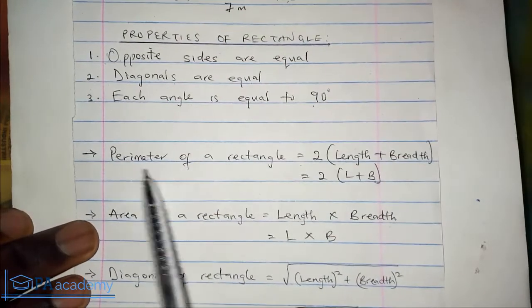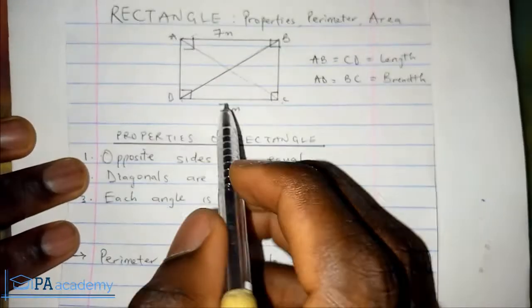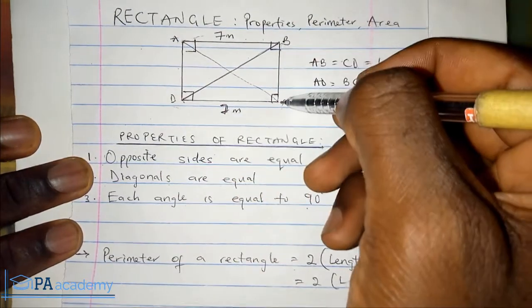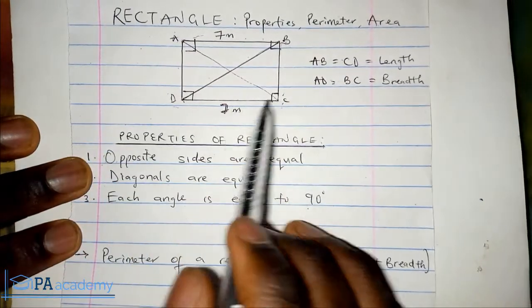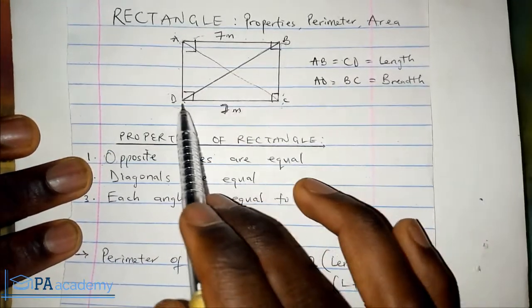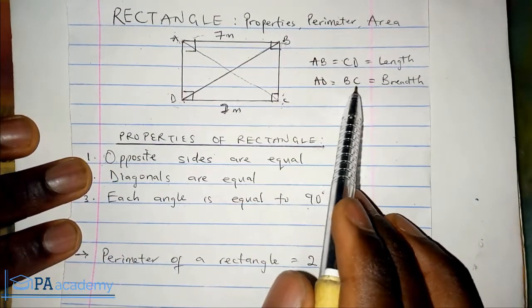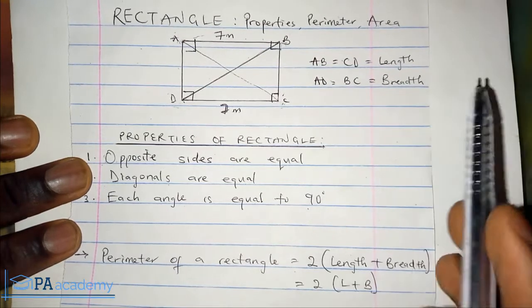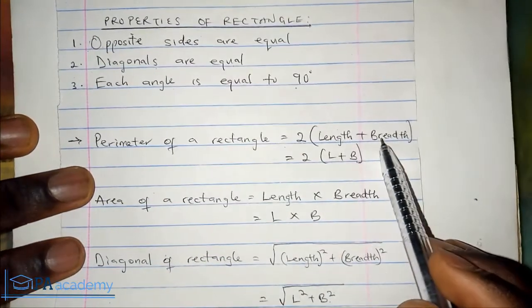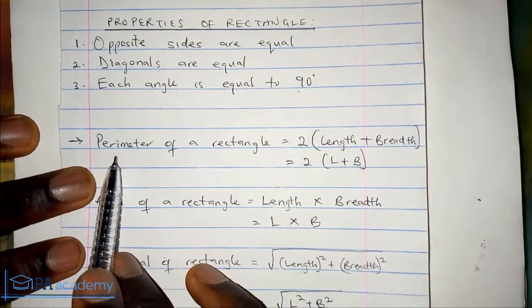So in order to get the perimeter of a rectangle, we are going to say 2 into bracket the length plus the breadth. So if the question should give you, for example, 7 meters as the length, and this part is the breadth, this BC and AD is the breadth. That's what I have here. I said the AB and CD, this line, represent the length, while AD, which is from here to here, is also equal to BC, and that is the breadth. So if this is the length and this is the breadth, addition of it, length plus breadth, then your answer multiplied by 2, that will give us the perimeter of a rectangle.